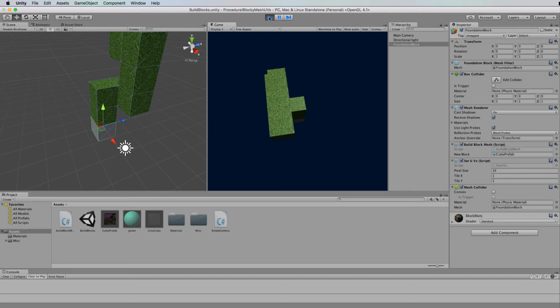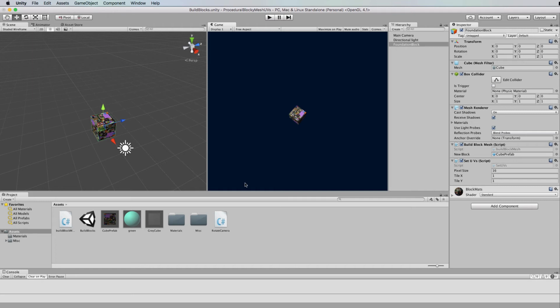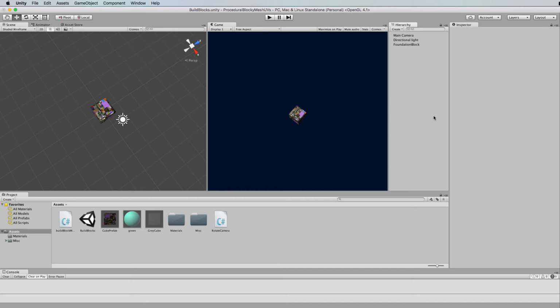Right, so that's working nicely. The next thing to do is create some more blocks that we can add other than just grass, and test that we're actually on the right track. Now, for a simple way to test these different blocks with the different textures on them, I'm going to create a simple button system where we can change the type of block that we're about to click onto here with